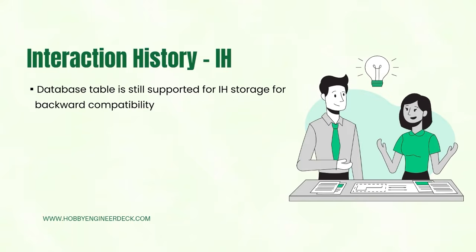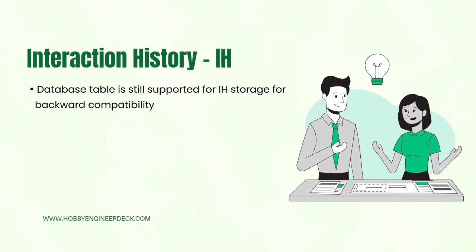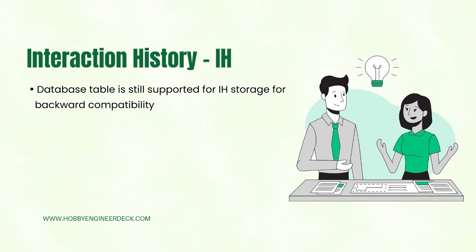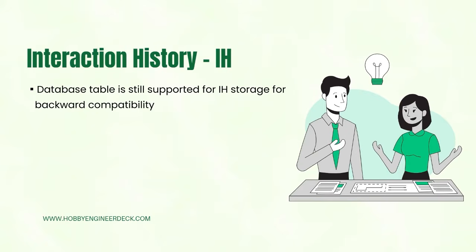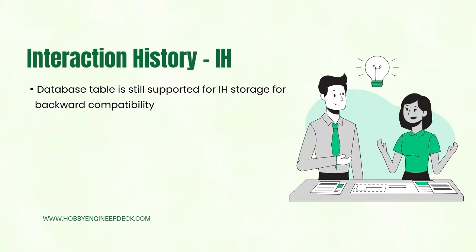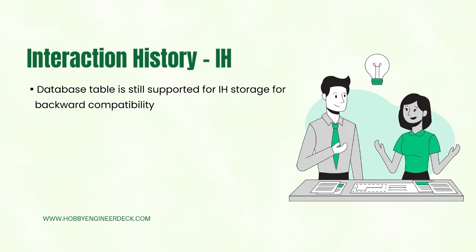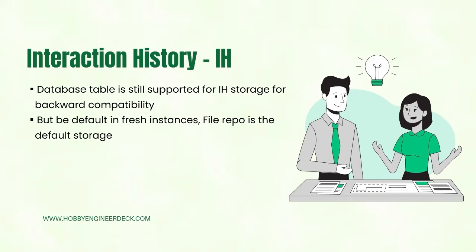The database table is still supported for IH storage for backward compatibility. That means for the clients who were migrating from the lower versions to higher versions. So Pega has to support the backward compatibility of IH because in the older versions of Pega, we can actually access the data from interaction history database tables. So clients might be using reporting on the direct database table, or they might be using the interaction history component inside their strategies, right? But by default in fresh instances,